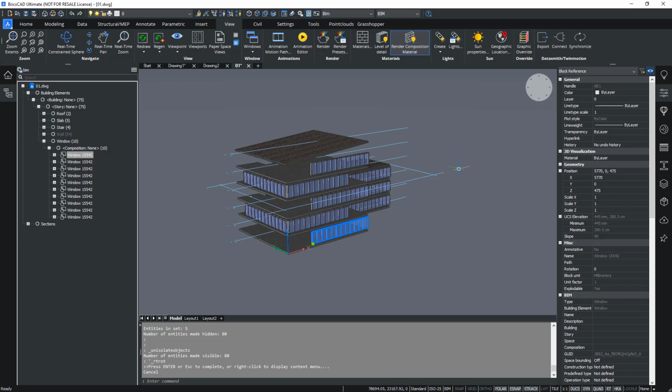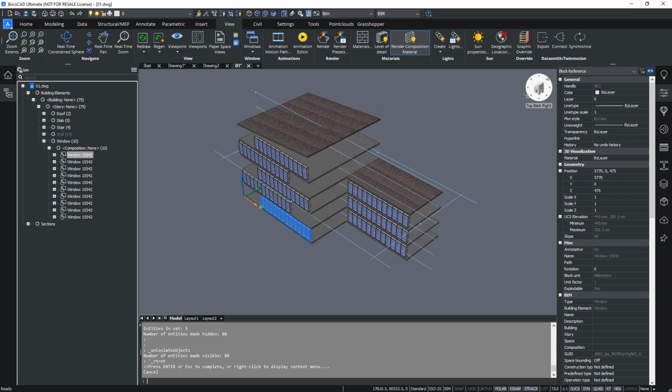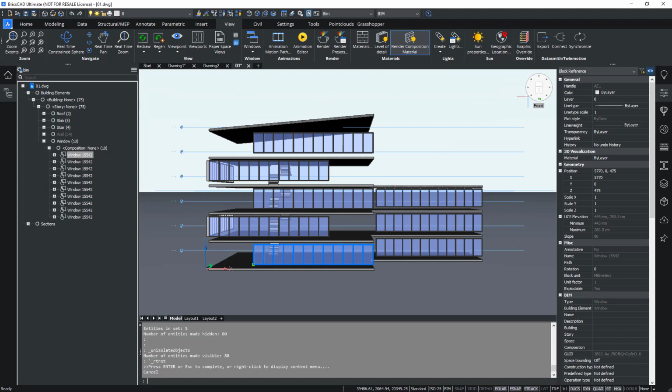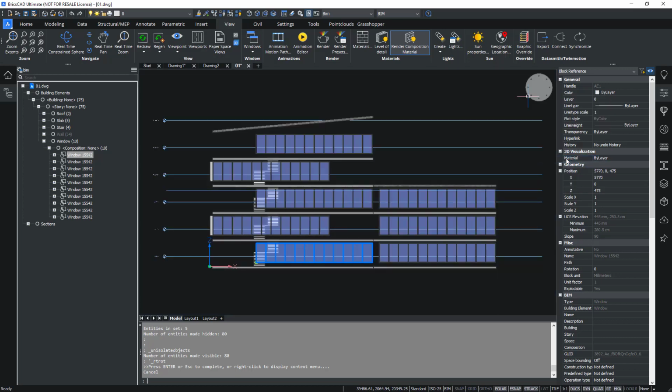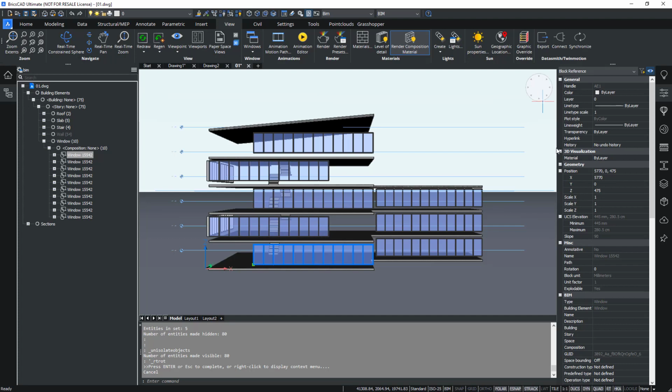Then also a useful tool is the Look From navigation tool, which is located in the upper right corner by default. And you can click on the different places to quickly navigate to a certain angle on your model. You can also right-click the Look From tool to have a few extra options, such as the perspective mode, which turns on or off perspective mode.